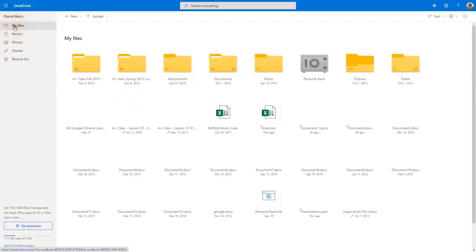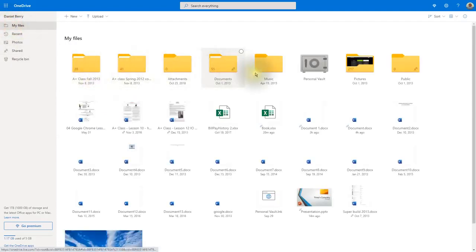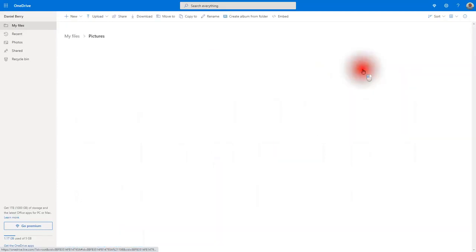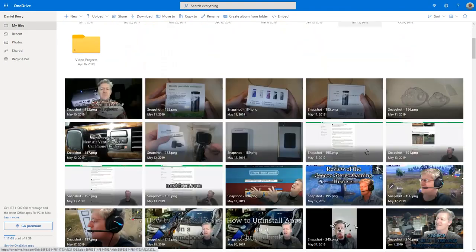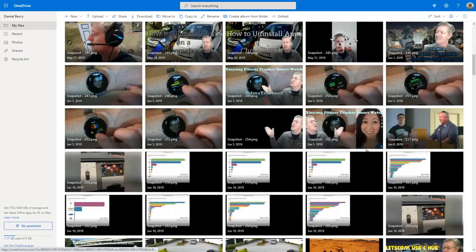Going back to my files, you notice that you have the folders are at the top there, and those are automatically created, but it is possible to create your own folders as well. Anytime you have anything saved in there, you have a number there. So here in my photographs or pictures, you see it says 217. That means there's 217 images inside that folder. So if you click it there, it opens up and there's my photos, and they're organized by their date. So you can go down the list and actually see my pictures.